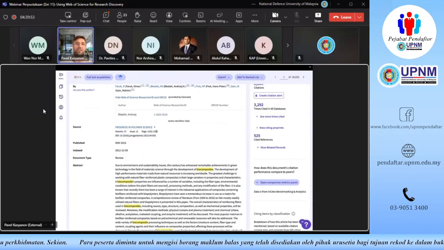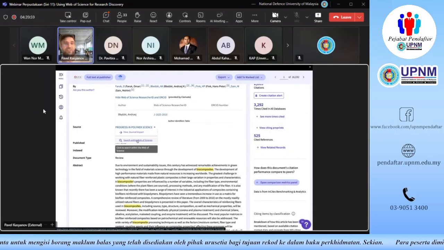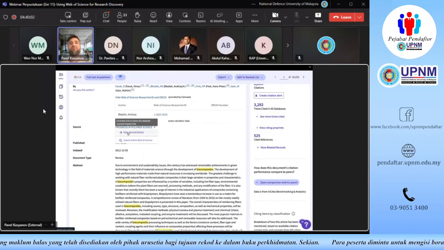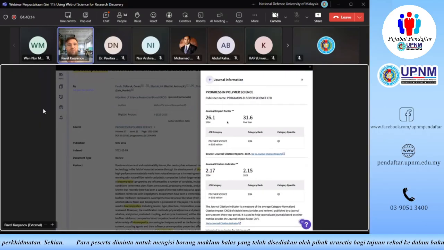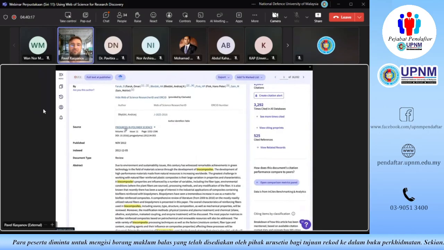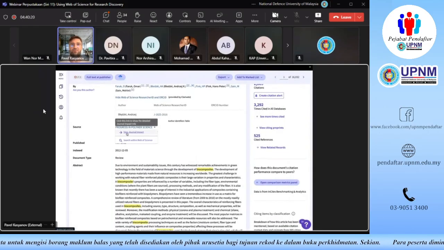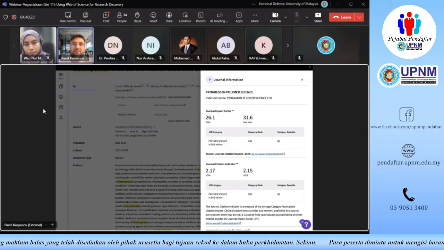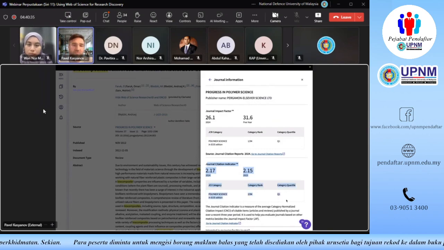And if I click the source title, we can also try to search for this journal on Web of Science. But I also do have this button of View Journal Impact. Now, when I click that, I'm not going to get exactly the same pages you're going to get. Let me try to explain this in a few seconds. So once again, I found the journal title, I clicked it, and I clicked View Journal Impact. So what I see in my access is the journal impact factor, its rank in its category, its quartile, and also another indicator called the journal citation indicator. I won't be stopping on that, just being conscious of time.